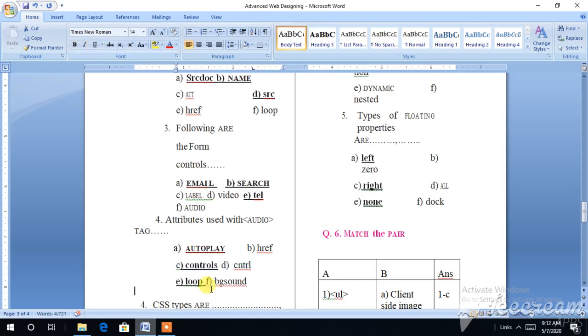This is your answer: this is controls, this is loop, and this is autoplay.